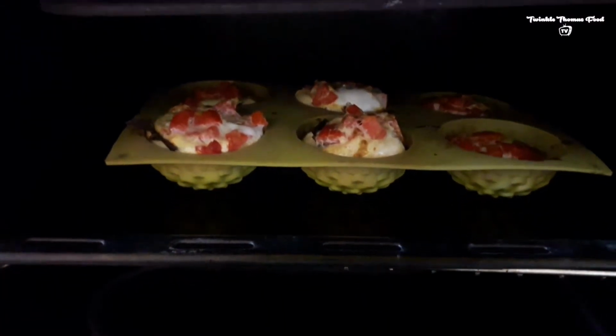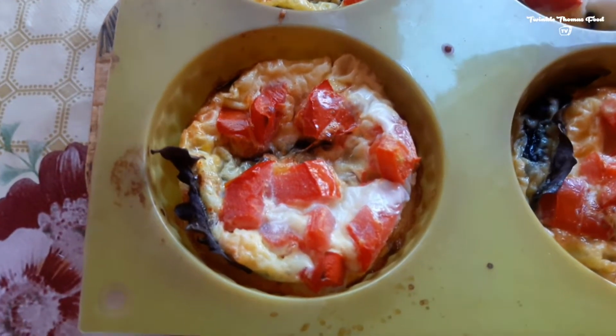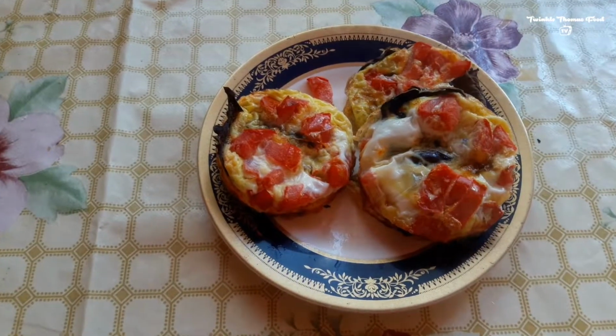Put it into the oven to be cooked, and it will be ready to be tasted after a couple of minutes. Hope